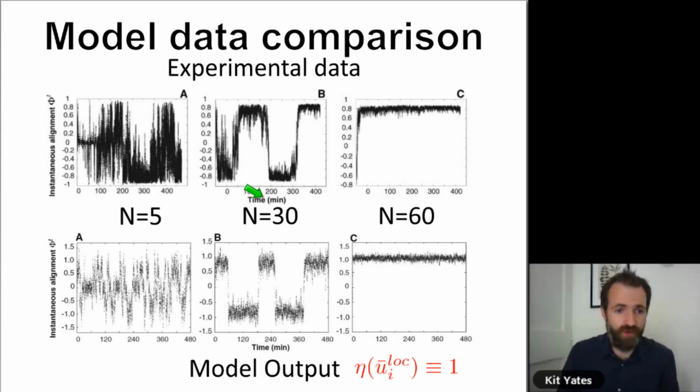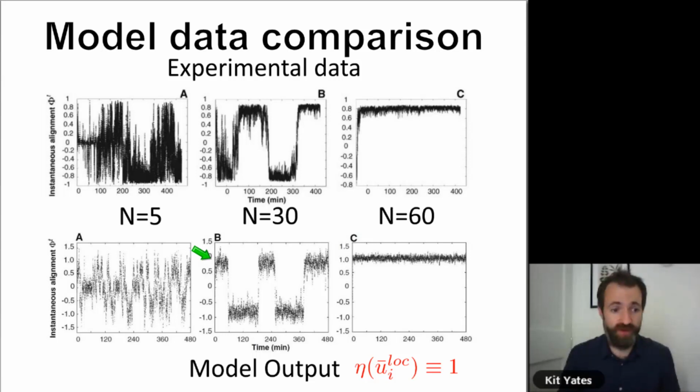Right. Okay. So when we have 60 locusts in the arena, you can see that the locusts stay aligned in the experiment, and they also stay aligned in the model. And then you can also see that we have an intermediary number of locusts in this model. So the data shows switching between different values of alignment, clockwise and anti-clockwise alignment, and the model does the same sort of thing. The only real difference in the model is that actually this switching is going on a bit faster. So it's not quite replicating the period of stability of these locusts.